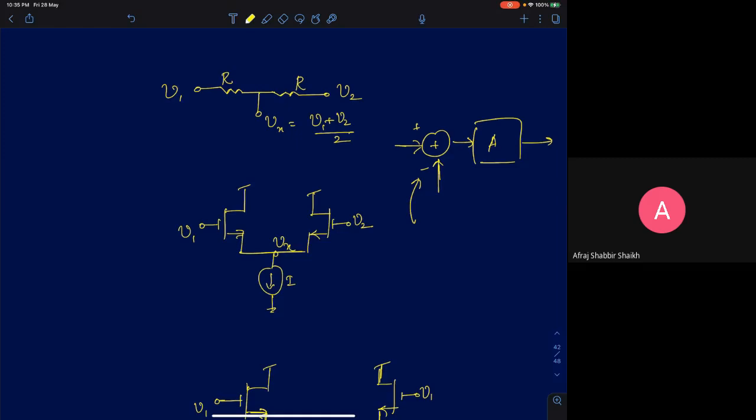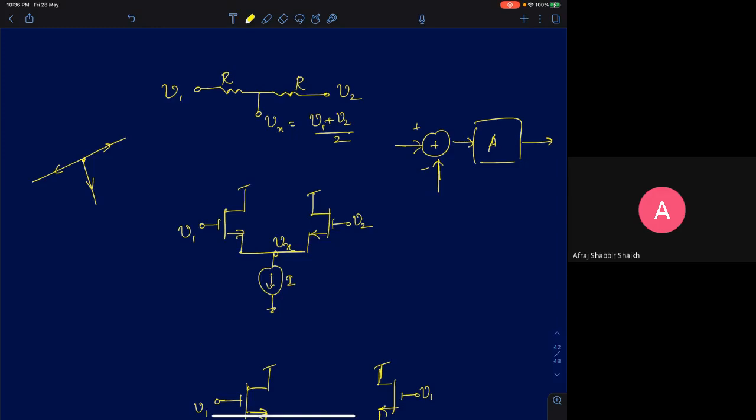First I'll spend more time on voltages because addition and subtraction of currents is quite trivial. All you need to do is just connect the two branches. If you connect the two wires, then you will have the currents either adding or subtracting depending on the polarity of the currents. You can add or subtract the two currents. It's the voltage which can be done in quite interesting ways, which is what I'll be discussing in this